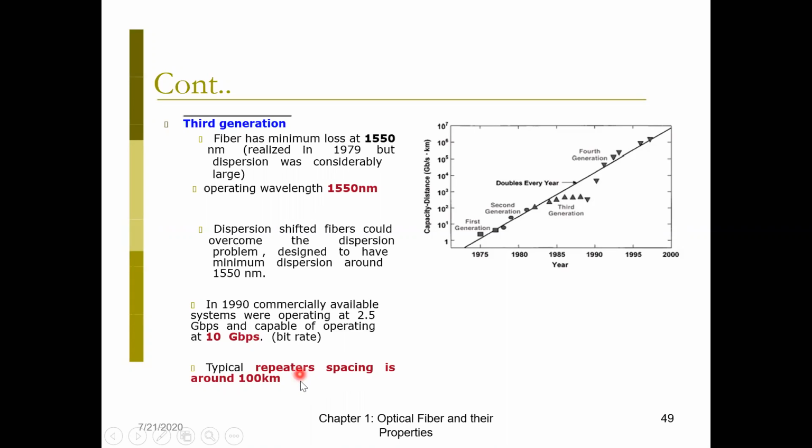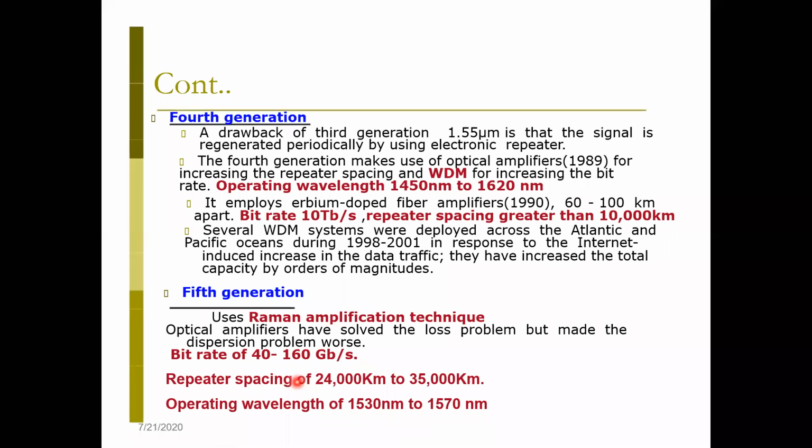Repeater also does amplification. It reshapes or reconstructs the signal. Many things it does. So instead of having only a repeater, if there is loss in the signal strength, I could have used an amplifier in between. It's not necessary that I would always have to use a repeater, because repeaters are more costly compared to an amplifier. So then in the progress in the fourth generation, what we did is